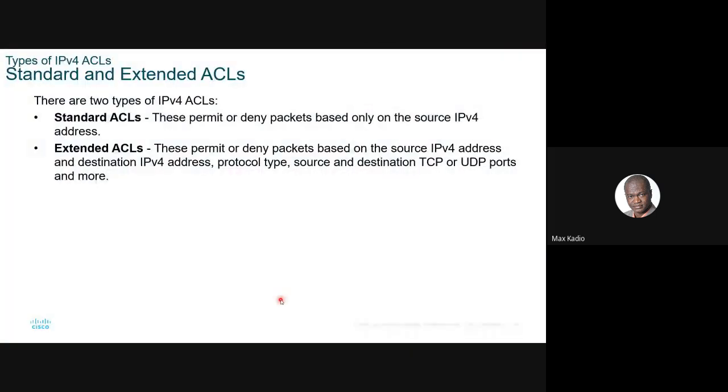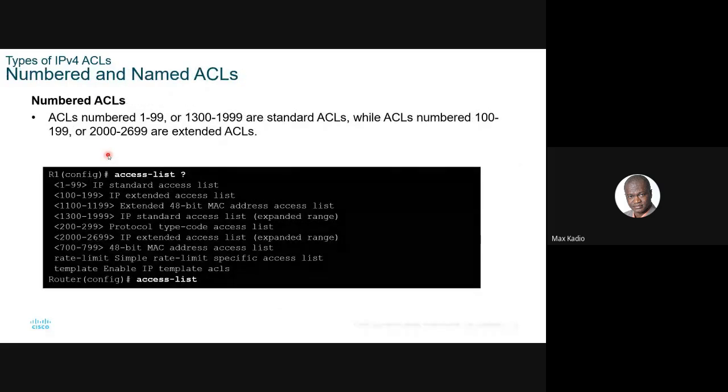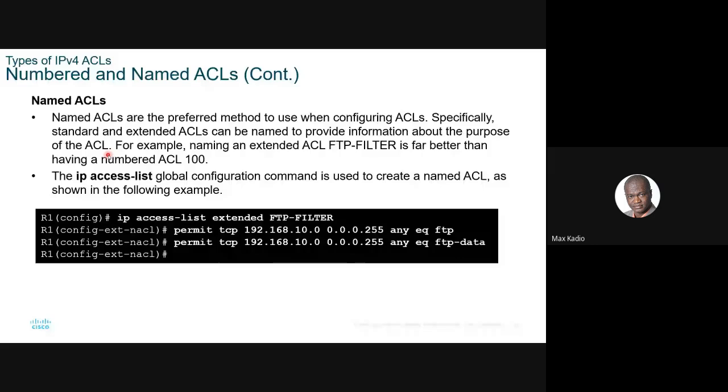So the types of access list, standard and extended, it's the same thing. When you use the question mark, it will help you. This is something we'll do next time on Monday. This one is extended. So you see IP access list extended and named extended. You enter your name, you permit, you see. For extended, you specify everything. Permit TCP,